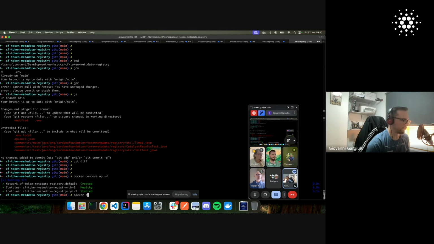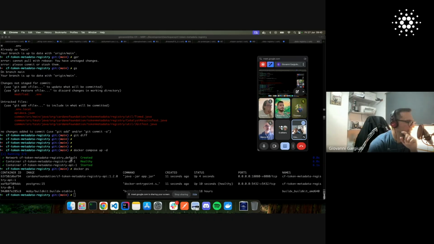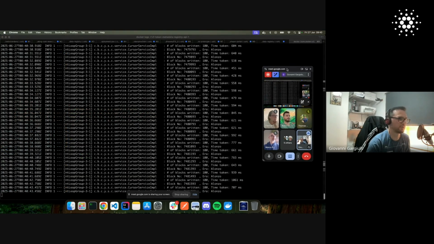Obviously, I mentioned this before because it was one of the questions during the presentation. Token metadata registry needs a couple of hours to ingest the first time you launch it. Just for the very first time, it needs to ingest all the existing token metadata, and it takes a few hours, for both the off-chain part and the on-chain part. But for the on-chain part, you can actually tail the logs. So docker logs -f the API,